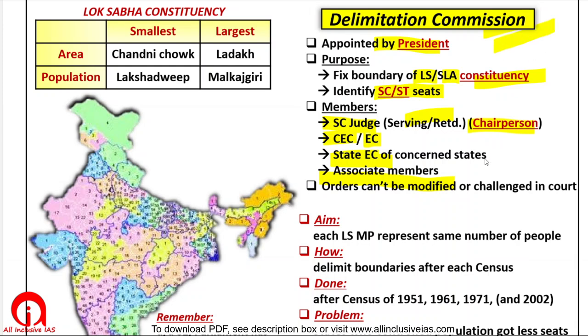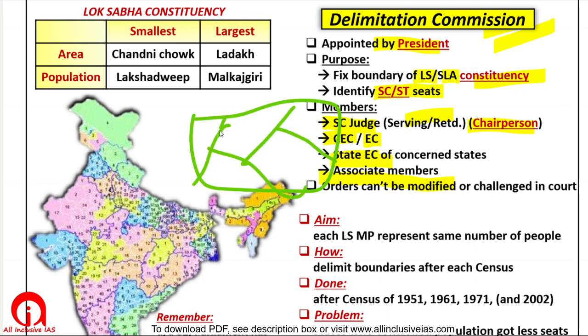Delimitation Commission is a very powerful body. Whatever orders it gives, that is, if the Delimitation Commission says that in a state these have to be the boundaries of constituencies, then that is final. Nobody can question that. Parliament cannot change such constituencies. You cannot go to the Supreme Court and say that these constituencies have been made wrong, anything like that.